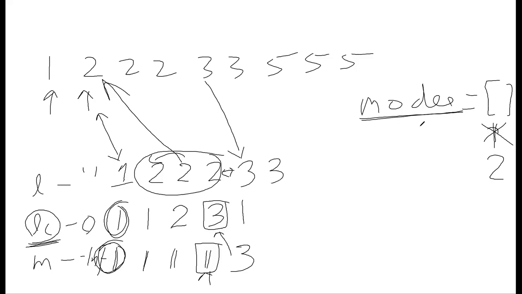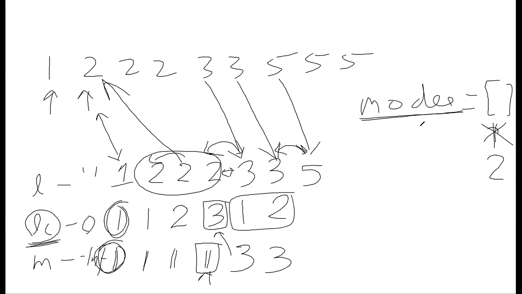Again, coming back to the same, I'll go to the next index, increment my LC. My max is 3. Now coming here, I'll have the same condition, similar to the jump here. But now if you see, the max length here is 2, which is not greater than my already established modes, right? My modes are having 3. So I'll just ignore this one and continue my counting till the next elements.